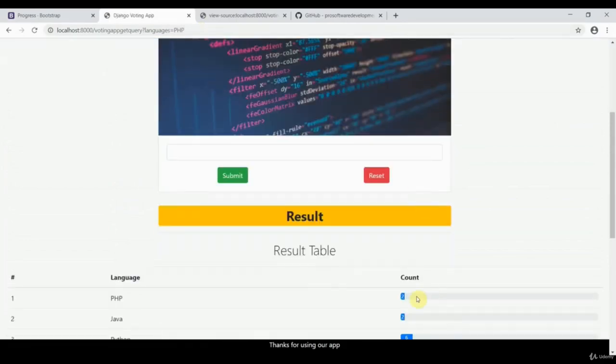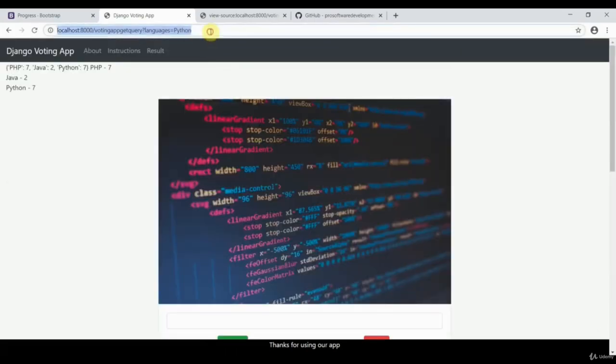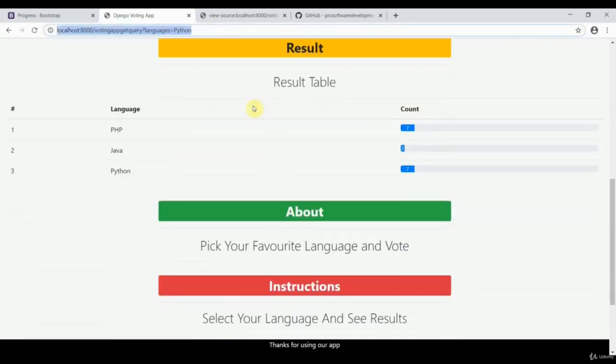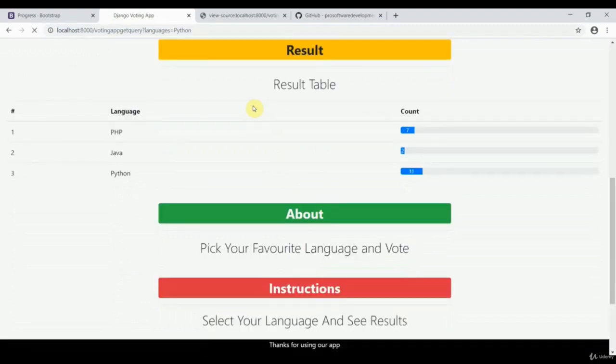Okay, so basically now you can see 2. And now I'll repeatedly hit this URL. So here you can see this has become 3. Now 5, 6, then again, then just 7. Yeah, in the same way. The same goes for Python. I'll make a submission. Yeah, here you can see the Python has 7 now. Okay, so now 8, 9, 10, 11, 12, 13, 14, 15, 16, 17. Okay, so this looks pretty good.